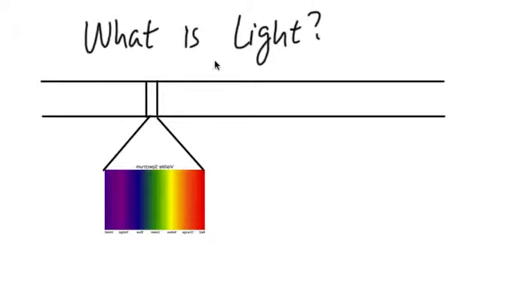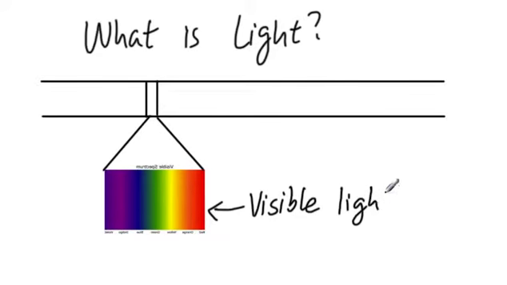So now let's address the question, what is light? When we colloquially refer to light, we refer to all the colors, the ROYGBIV: red, orange, yellow, green, blue, indigo, violet, which is sort of what we see over here. But this, in physics, is not really light. How we define this is actually visible light. This is what human beings, or I guess animals in general, see. So this is technically visible light.